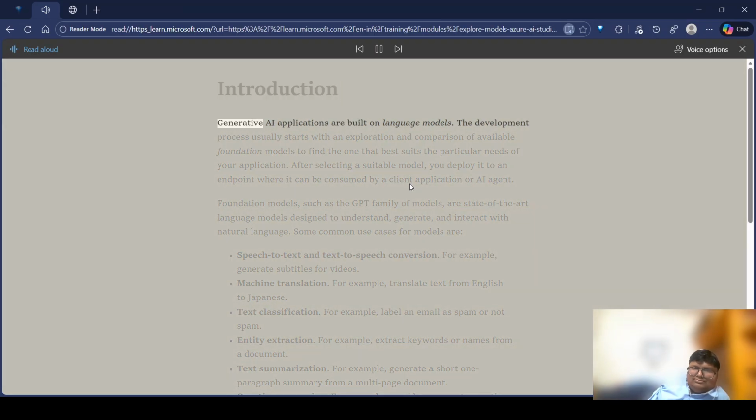Introduction. Generative AI applications are built on language models. The development process usually starts with an exploration and comparison of available foundation models to find the one that best suits the particular needs of your application. After selecting a suitable model, you deploy it to an endpoint where it can be consumed by a client application